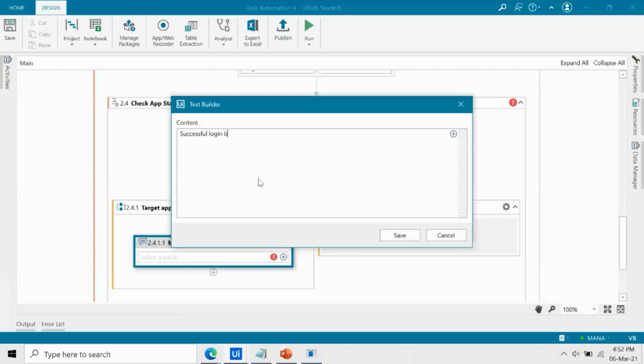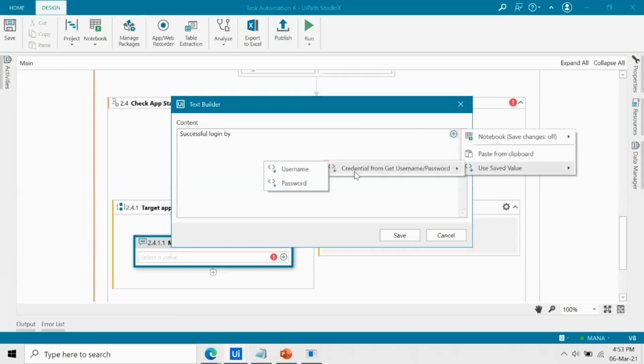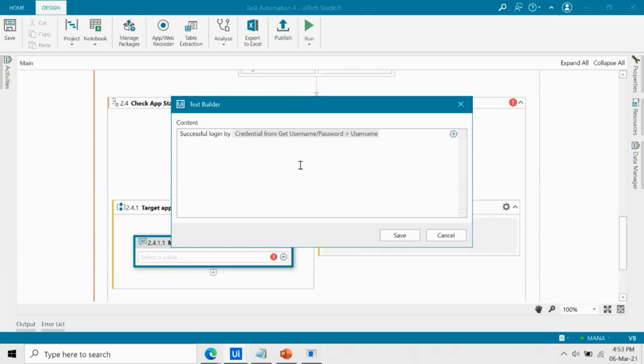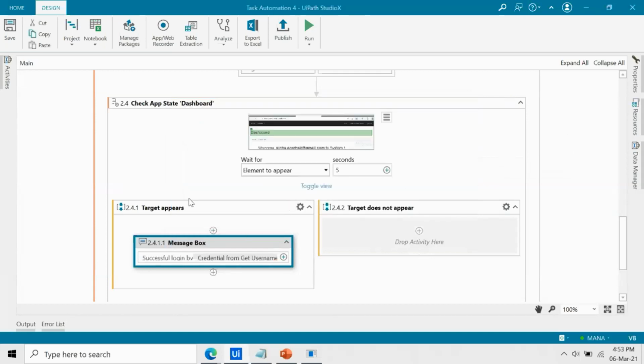Or in case I would like to provide my username as well, then I can choose the plus option, use the saved value, credential and user. Okay, so this way you can also get the input from the credential manager and use it in your flow.